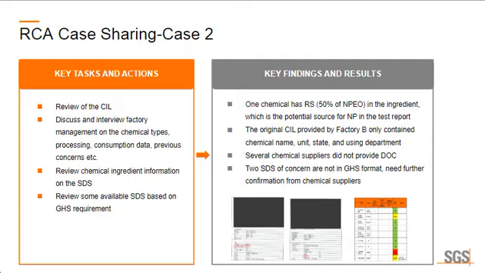I will just talk about our findings directly. First, we found chemicals have NPEO in their ingredients after reviewing the SDS, and another is that the factory submitted their CIL, the chemical inventory list, and this list doesn't contain many important information like SDS, DOC, or the certificate test report, and only contains the name, the supplier name, and the unit and the consumption, and just this information is not enough for the root cause analysis. And also we found that they don't have any DOC for their used chemicals, and also found